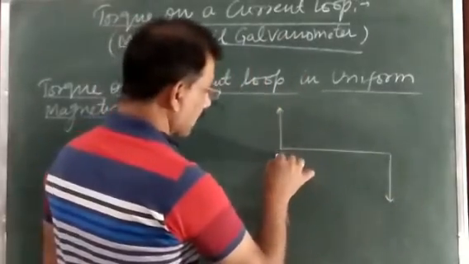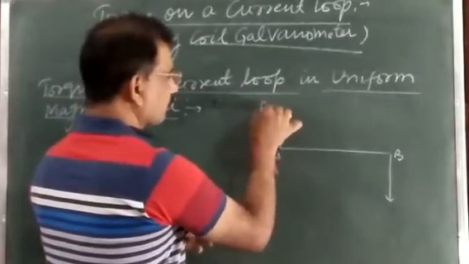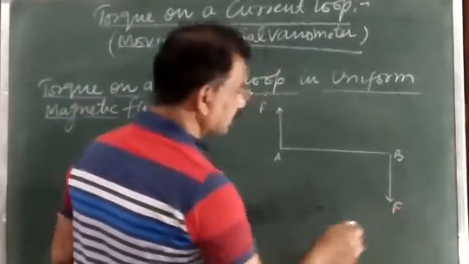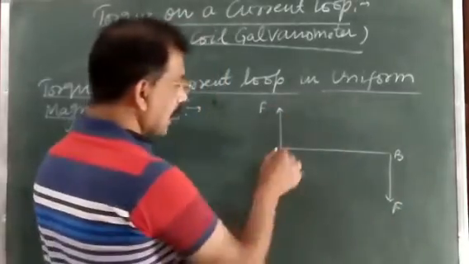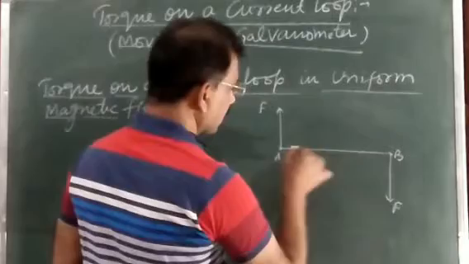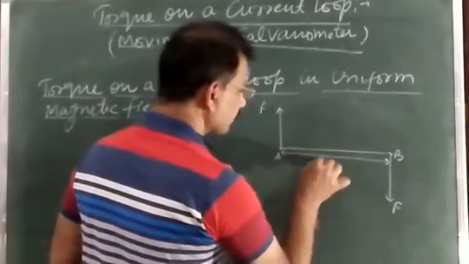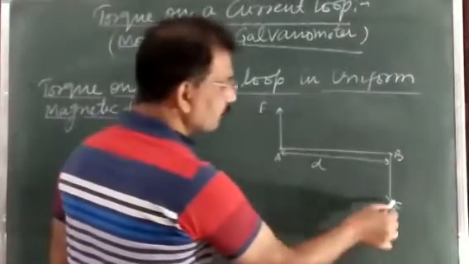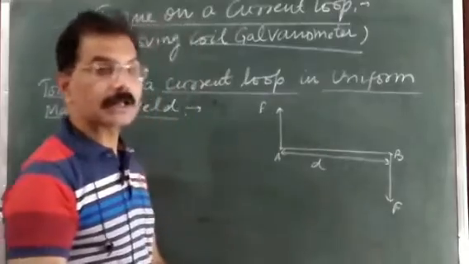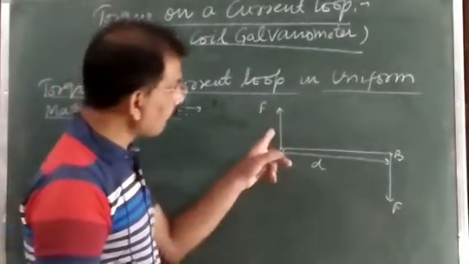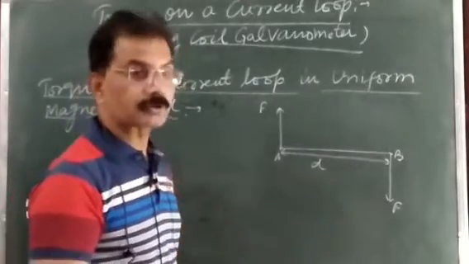Suppose AB is any rod and two equal forces F. The condition is, when two equal forces act at the points A and B of the rod, and suppose this distance is D. So actually these two forces will form a couple. These two forces together will form a couple. And the moment of this couple or the moment of this force is known as torque.